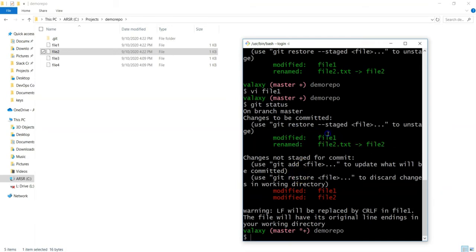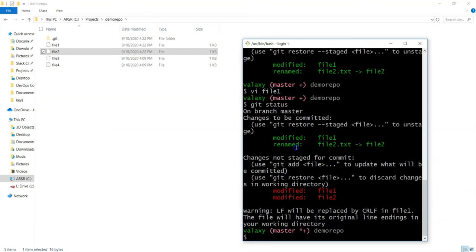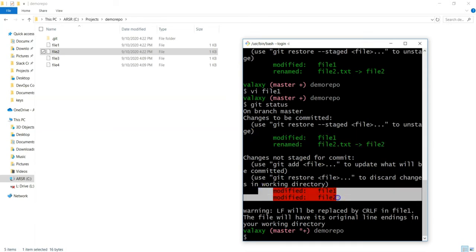File 1 and file 2 are there in the staging area as well as in the current working directory. These changes are not yet tracked by our staging area. The initial changes are tracked, and whatever changes we have just done are not yet updated in our staging area.